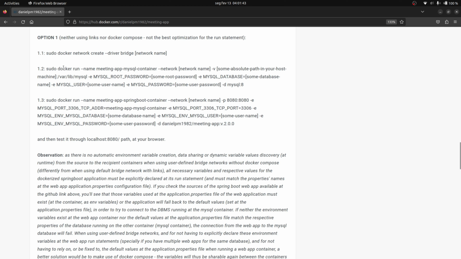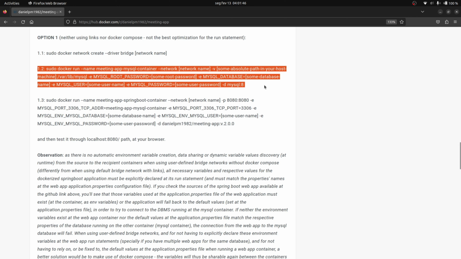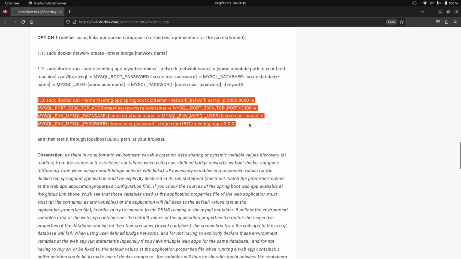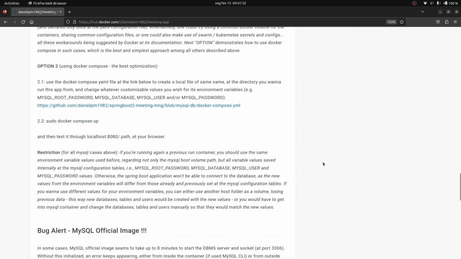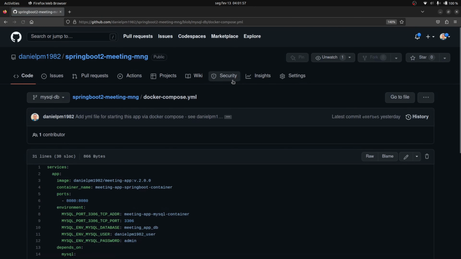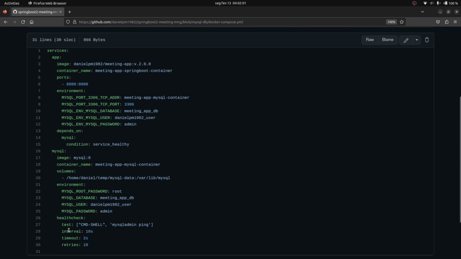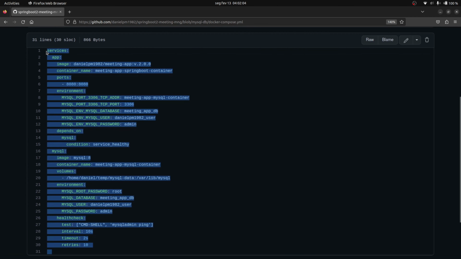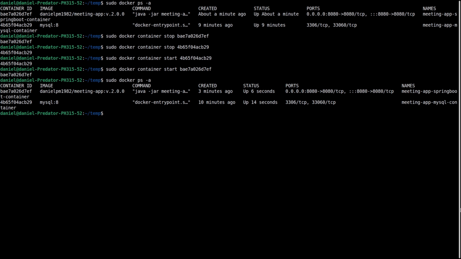So instead of writing these Docker run statements, let's just pass all that to the Docker Compose YAML file. You can simply click here and copy all of this to a local YAML file, but first let's clear